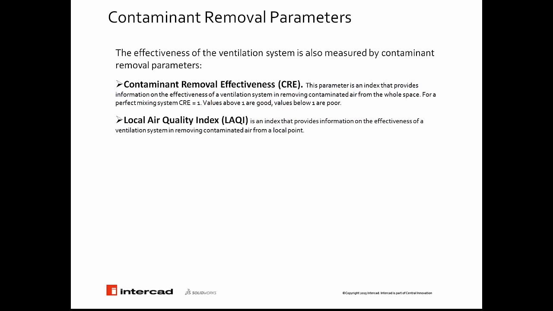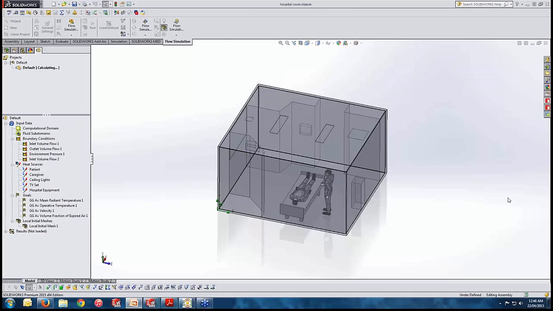And the second factor is the local air quality index, LAQI. This is an index which provides information about the effectiveness of the ventilation system in removing contaminated air from a local point. All right, so with that definition, it's now the right time to go and have a look at